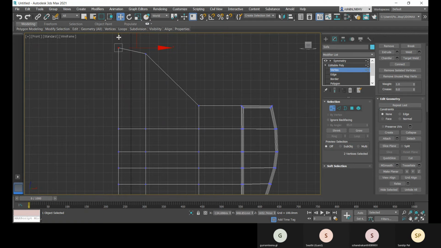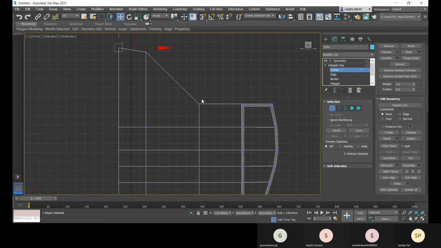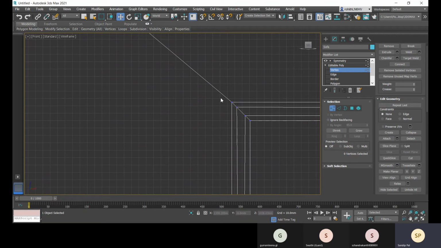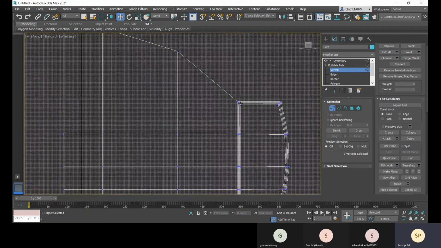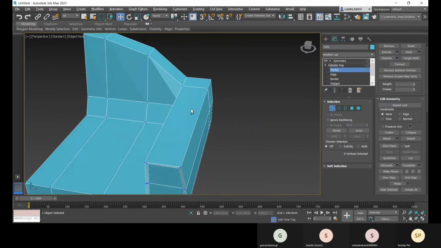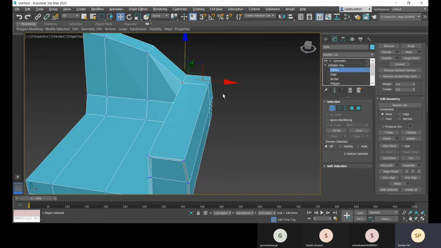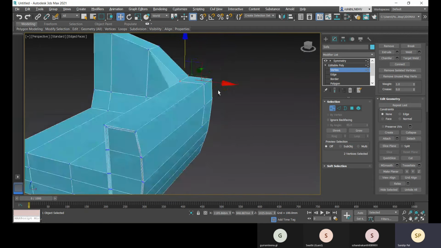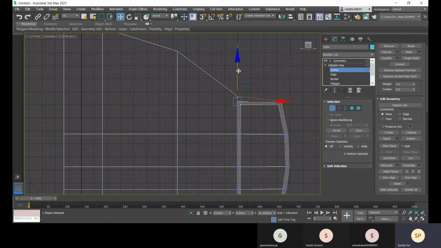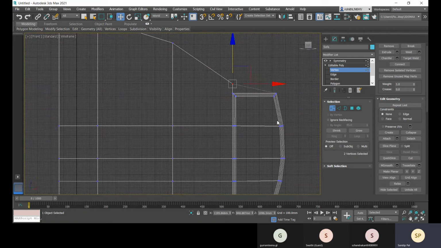Okay. And this one, make sure you can come to this. You can just select these two. Make sure these two are selected only. Then come to front view, and then you can move it up if it is needed for your style.